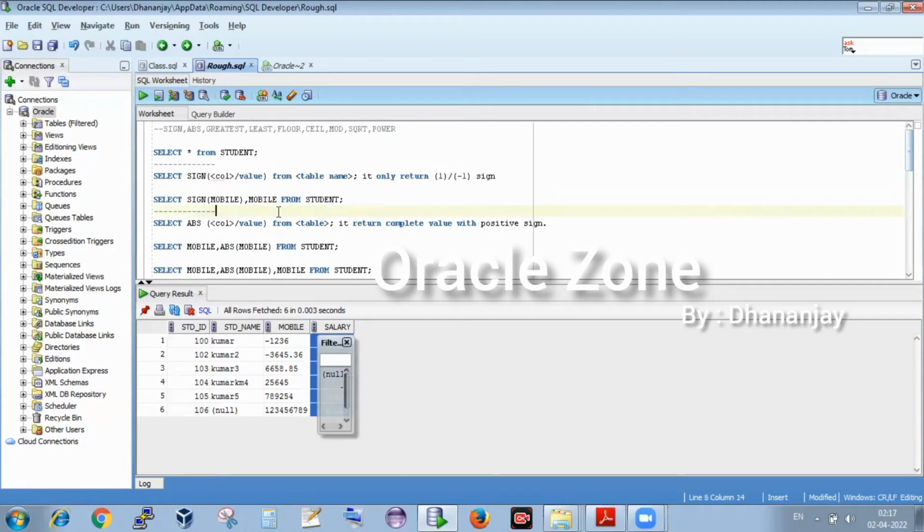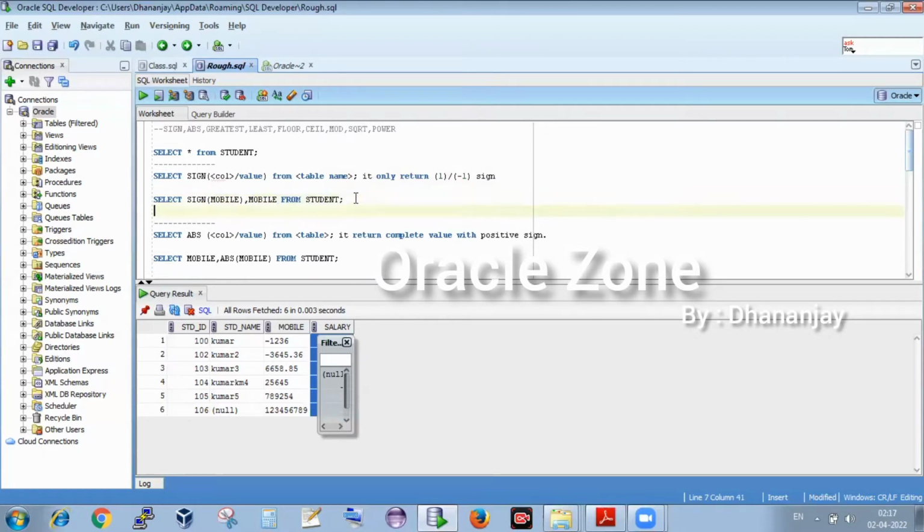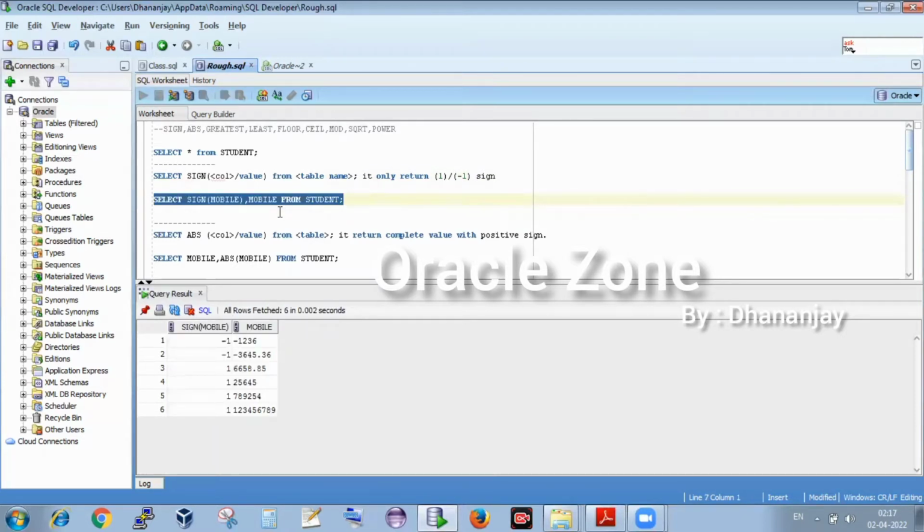So let's execute this query, select sign mobile from your table. Okay, this column I've given here, multiple columns you can put here, no problem for that. Okay, so let's execute it. Sign, column name as per the syntax, and this additional column I have given, from your table name. So after executing this,